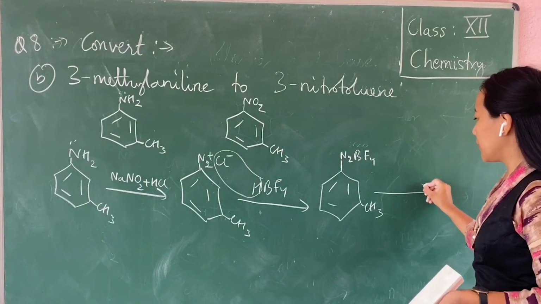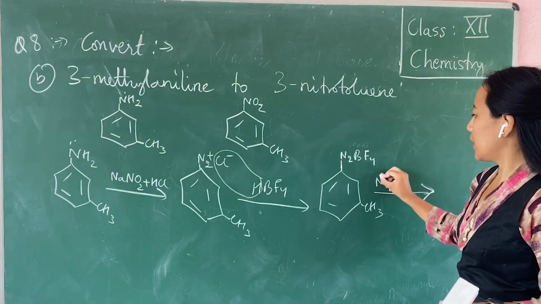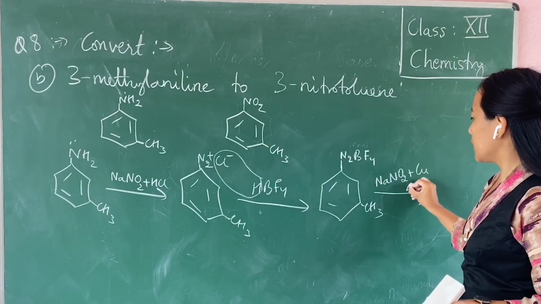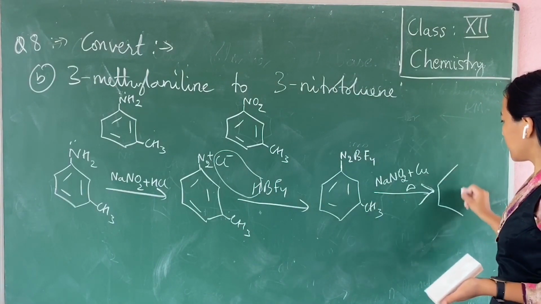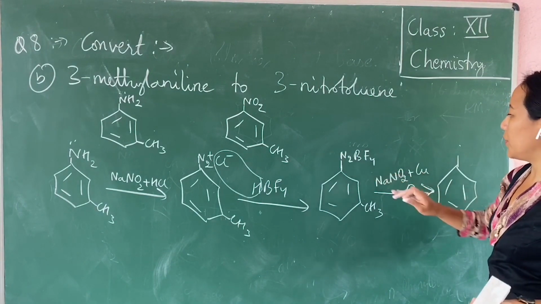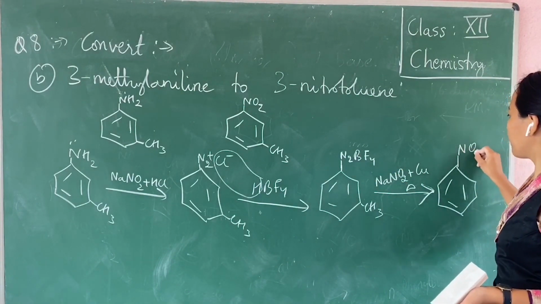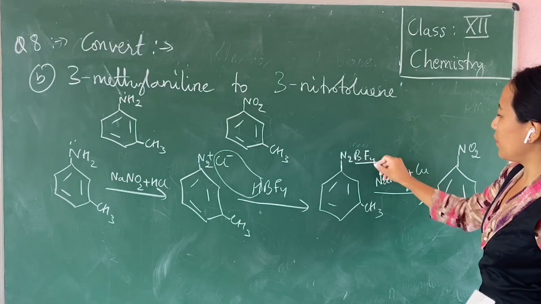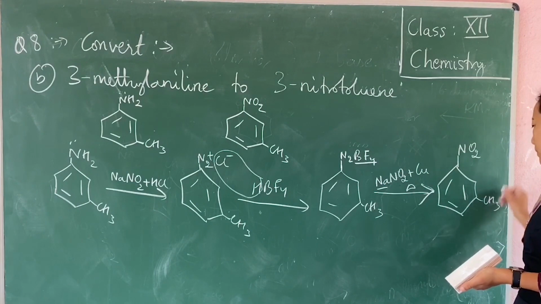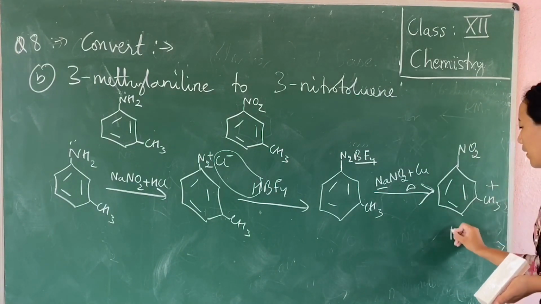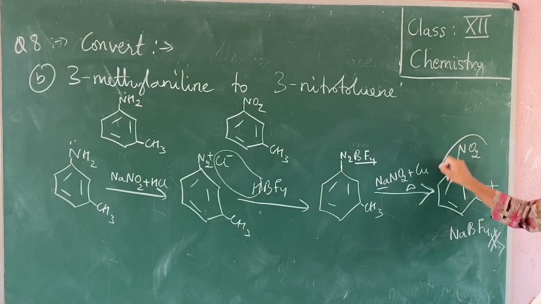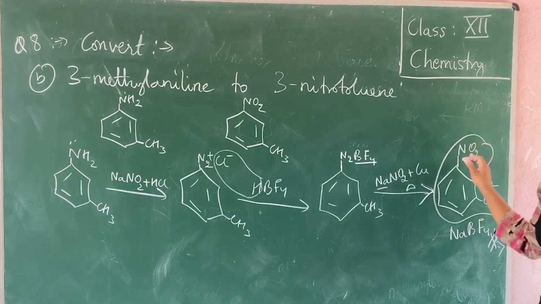Now when you treat it with sodium nitrite, NaNO2 plus copper, and when you heat it, you will get this group replaced by NO2, and this BF4 will go and combine with Na to form NaBF4. So this is the product that you are trying to get from